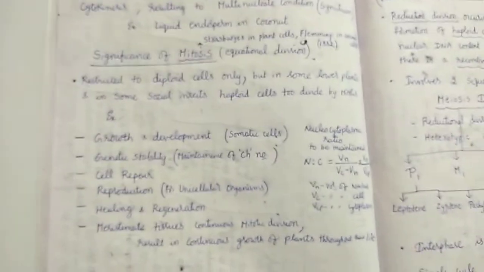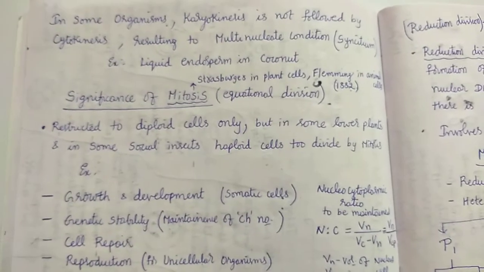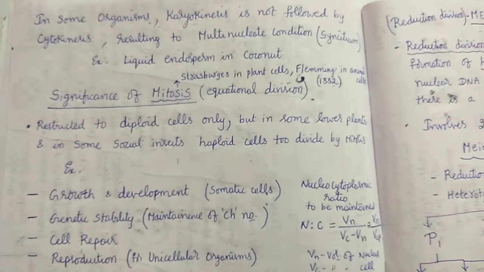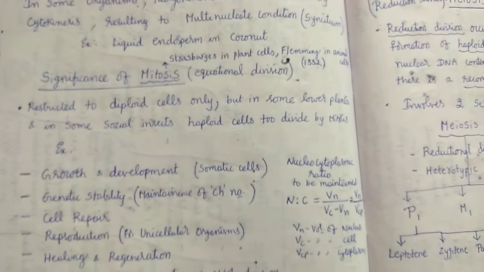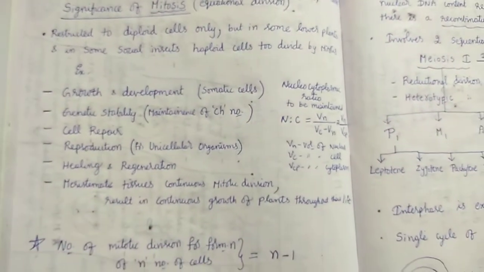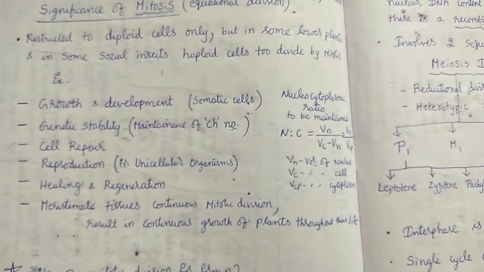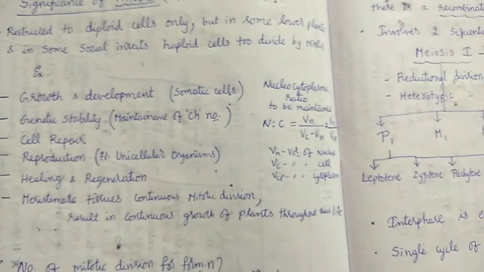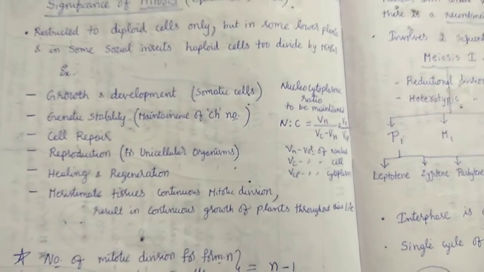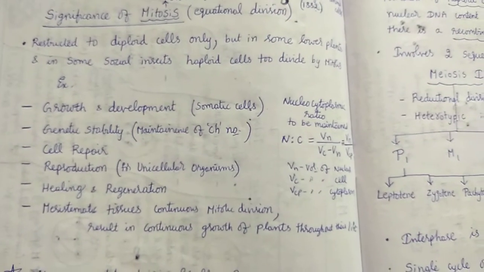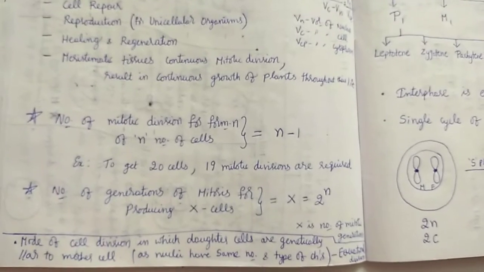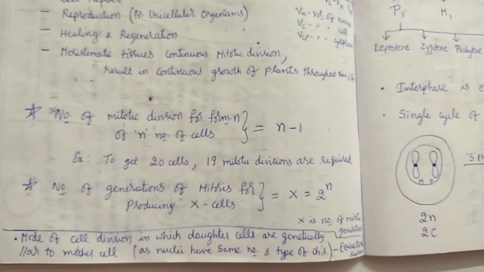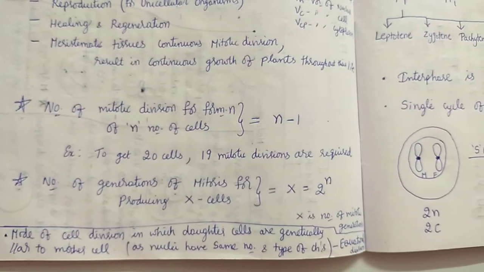significance of mitosis. So you can see here, and about the liquid endosperm in coconut, why there will be a syncytium condition, that I have given, which is very important, and the significance of mitosis has been shared along with a simple formula also, the nucleocytoplasmic ratio, how it needs to be maintained. So this is the significance of mitosis, and the formulae which are needed in order to do the numericals related to mitosis,